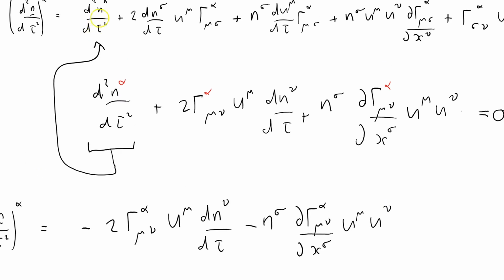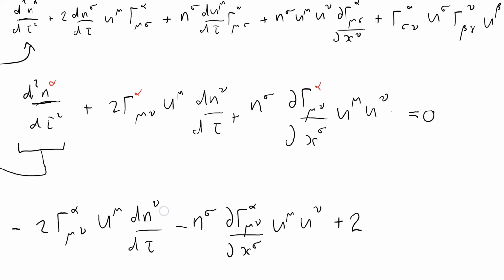That's that term there which I've done, substituting from the geodesic equation here, plus 2, copying from here, dn sigma by d tau u mu Christoffel alpha mu sigma,